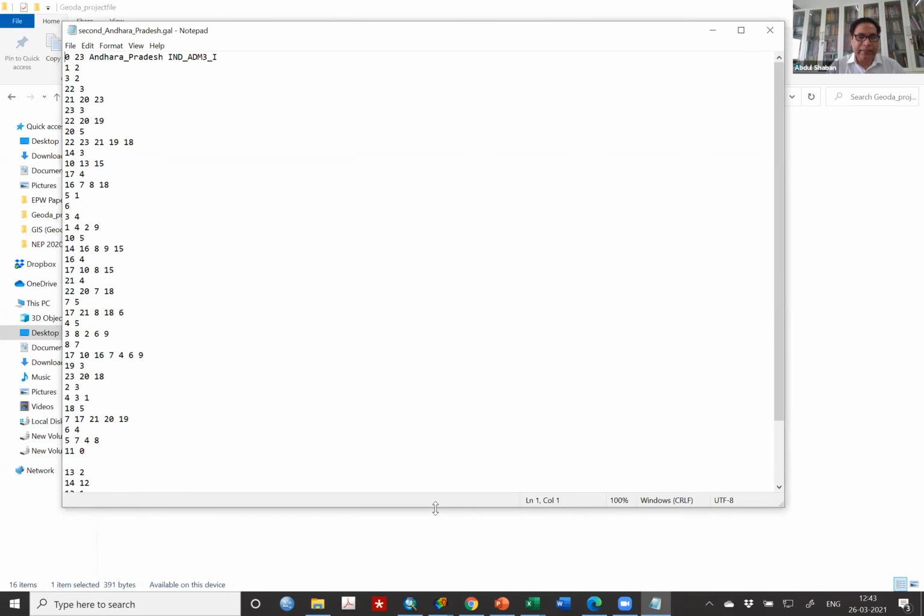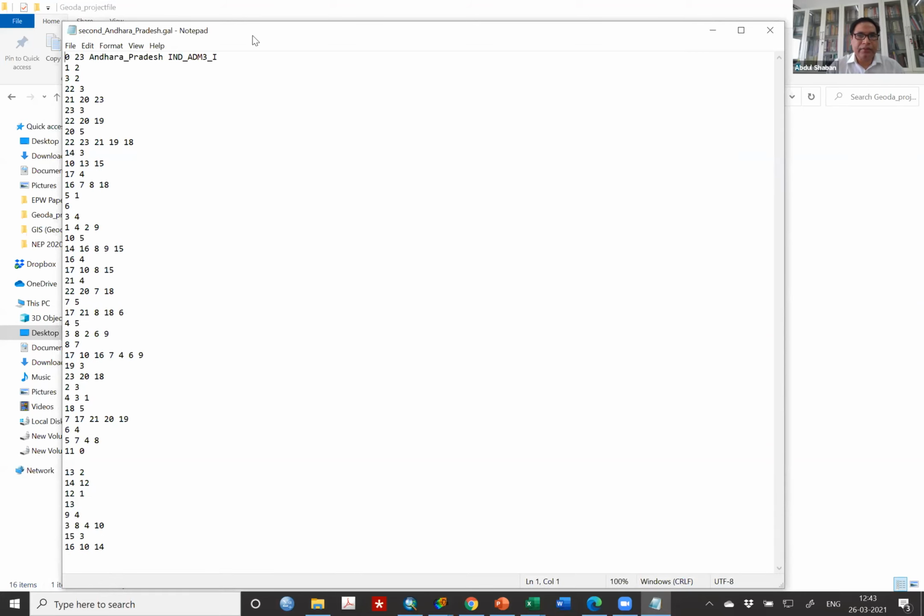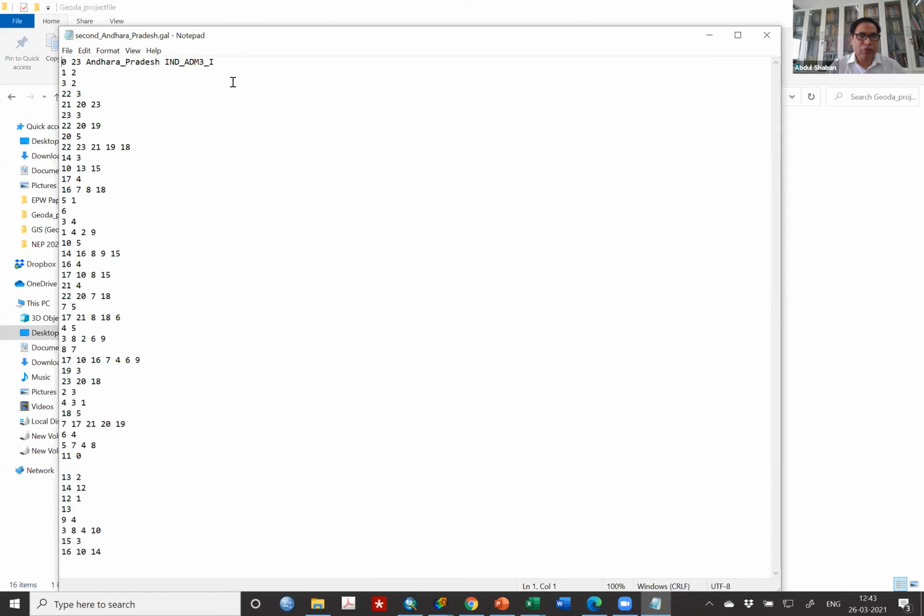Open all of your files. So you have 0, 23, Andhra Pradesh, and this is the ID variable we have used. The 23 means 23 districts are there. And 0 means that it will not be counted while calculating weights. That's what it does. So do not change anything here unless you know how to change it.